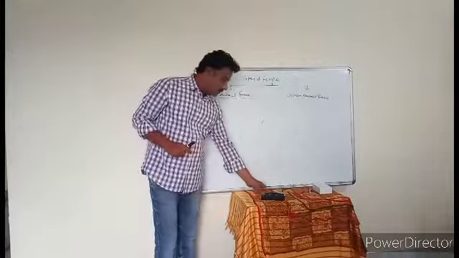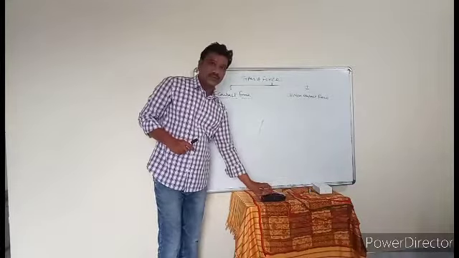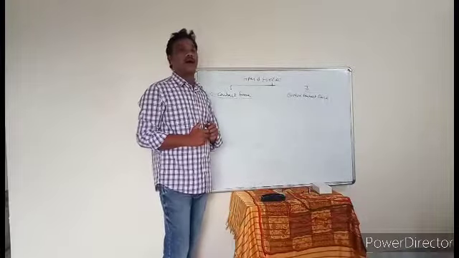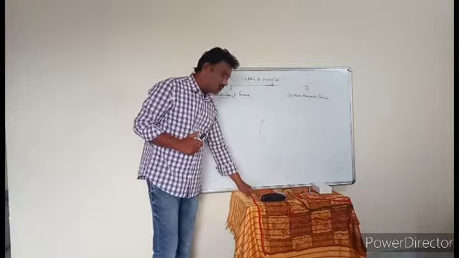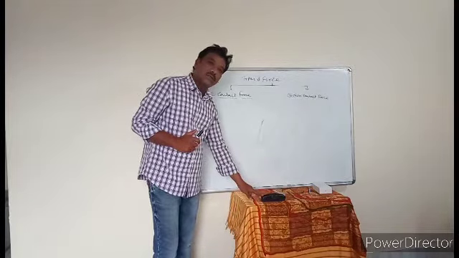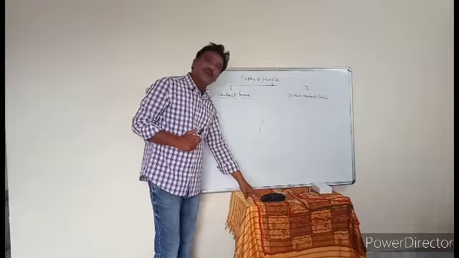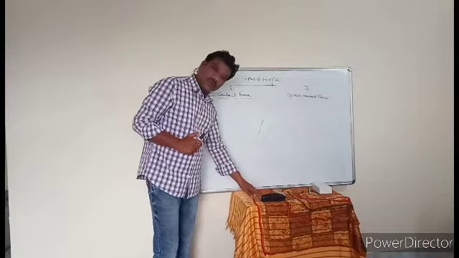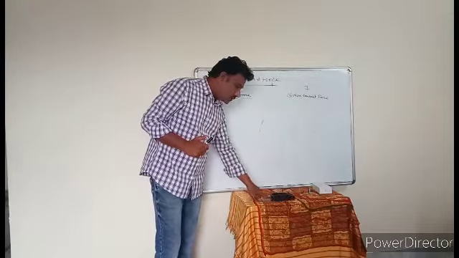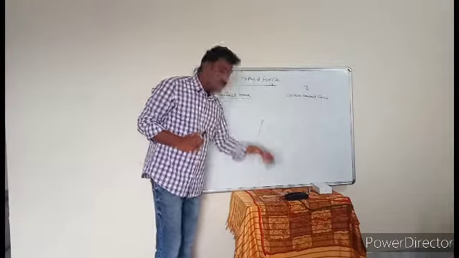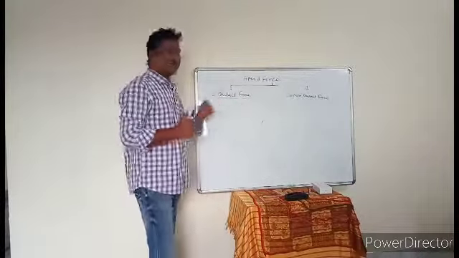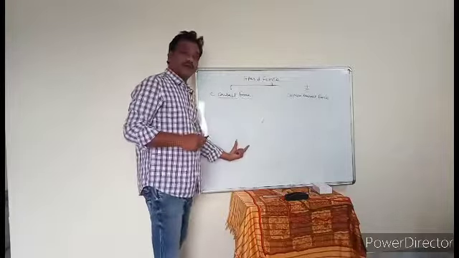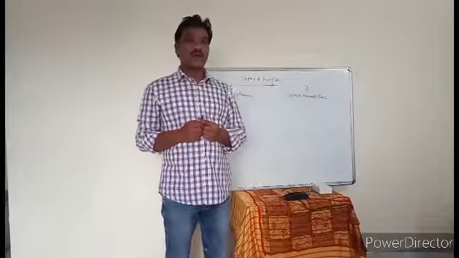For example, here we have the duster, and the duster is in the rest position. Now I am applying force on this object. To apply the force, my body is in contact with the duster. By the physical contact between these two objects, we are applying force to change the state of the object. Such a force is called a contact force. Again, contact forces divide into different types.